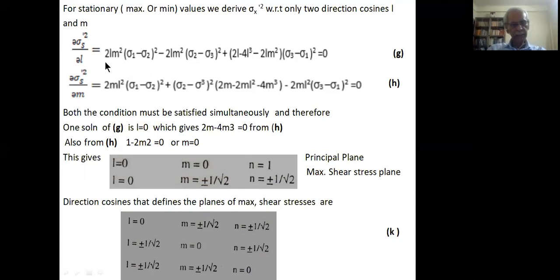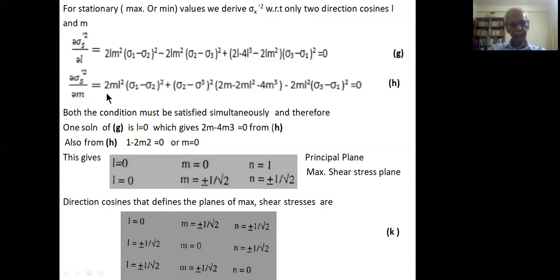And if you look at the previous equation, you will see that it comes down to 2Lm square sigma 1 minus sigma 2 square minus 2Lm square sigma 2 minus sigma 3 square plus 2L minus 4L cube minus 2Lm square sigma 3 minus sigma 1 square equal to 0, because we are trying to find out the maximum and minimum position. In the same way, if we differentiate sigma s square with respect to m, we get